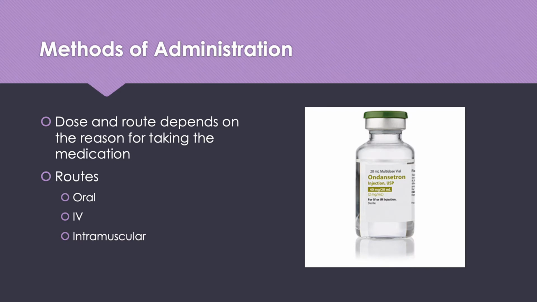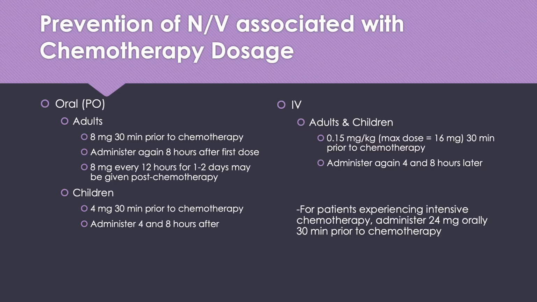The dose and route depends on the reason for taking the medication, but Ondansetron can be given orally, IV, or intramuscular. It is mostly given oral or IV. For the prevention of nausea and vomiting associated with chemotherapy, the dosage depends on the route and who is receiving the medication, whether it be an adult or a child. I will point out that Ondansetron is administered 30 minutes prior to chemotherapy, both orally and IV. Adults can take 8 milligrams before chemotherapy and then another dose 8 hours later. The dose may be given every 12 hours for 1 to 2 days if